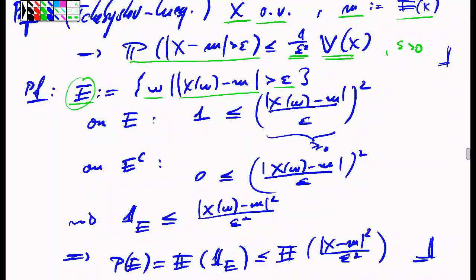And we now will give an upper bound for the characteristic function of this event E. Namely, if we evaluate the characteristic function of E on E, then this is of course 1. On E, the quantity |x of omega minus m| over epsilon is greater or equal to 1 by definition of E. So if we consider a little omega an element from the set E, which is this event which we had just defined above, then